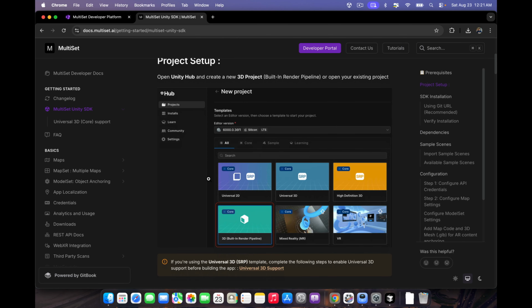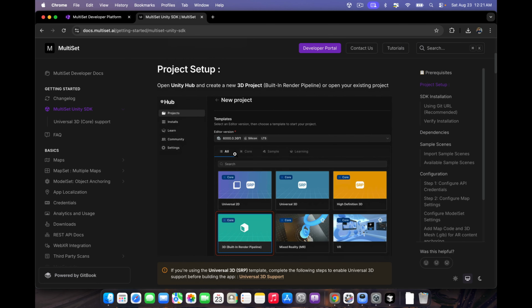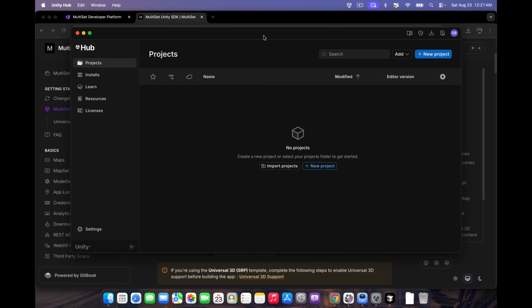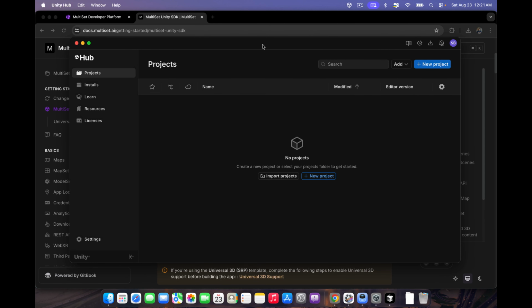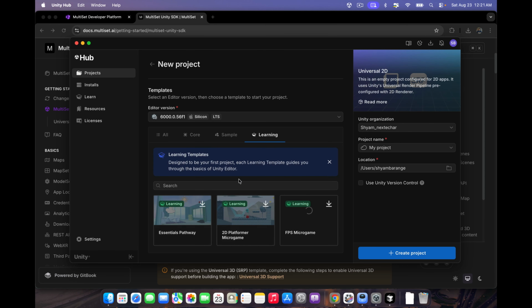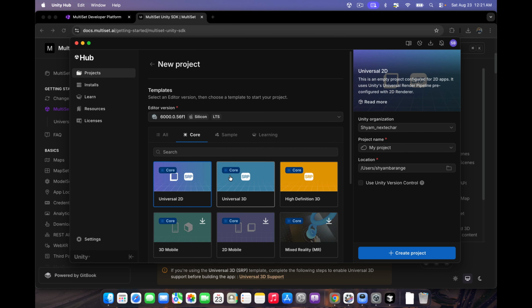Alright, so in this project it is shown as a built-in render pipeline, but you can also use SRP. So I'll guide how to use MultiSet SDK in a universal render pipeline project. So simply click on new project. Okay, select here, let's go to core, select Universal 3D, give your project name as